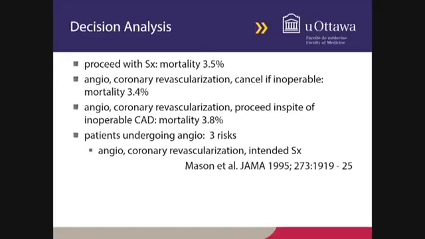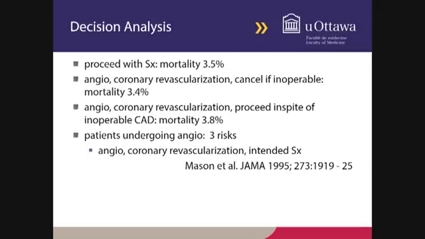But essentially what they found was if you take a deep breath and you go ahead with vascular surgery in the face of a patient with some angina, that actually is not that bad compared to if you do all the angioplasty, angiography. The only group that actually had a higher risk was a group of patients where there's inoperable coronary artery disease, when you've done all the investigations and you still go ahead with the surgery, then